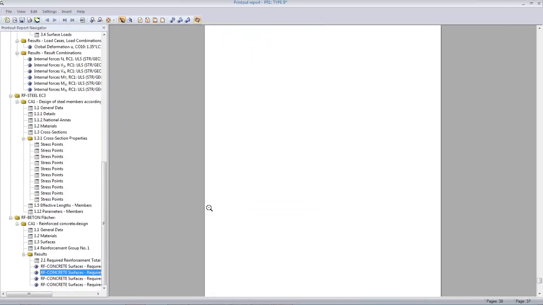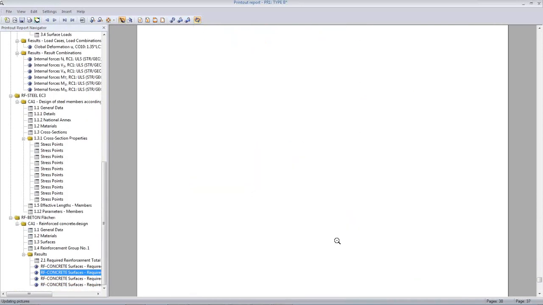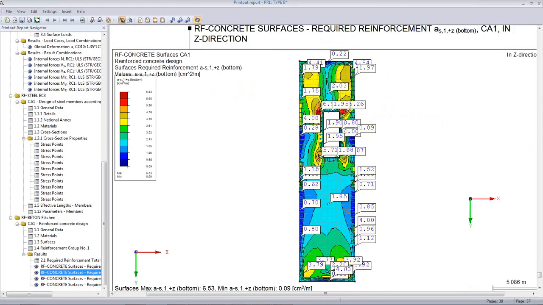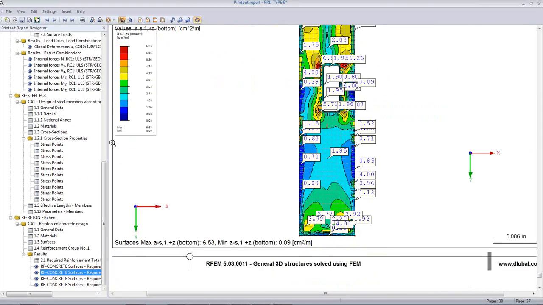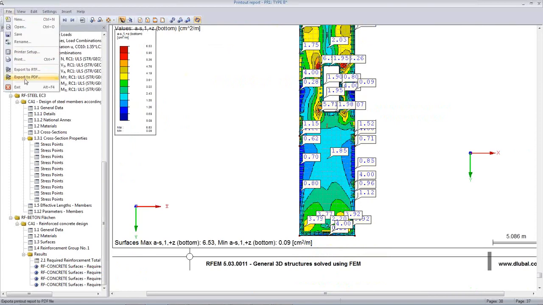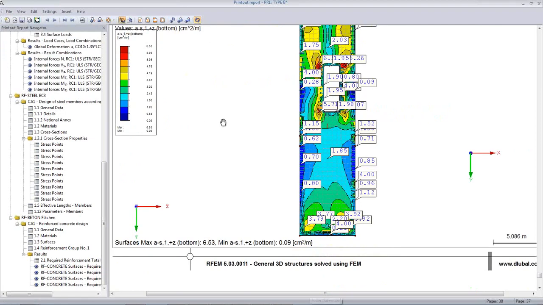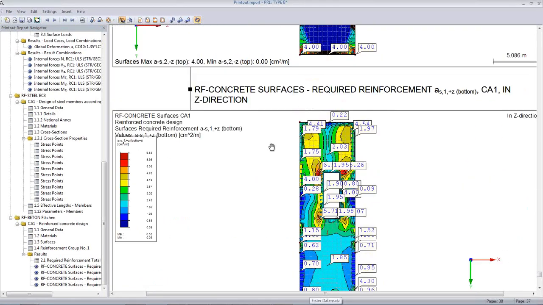If you want to see something, you just zoom in, and you can zoom in endless, and you see the results, how they are. You have the option here to create a 3D PDF, a 2D PDF, and a 3D PDF we can create also when we print the graphic directly. Okay, these are the options we have for